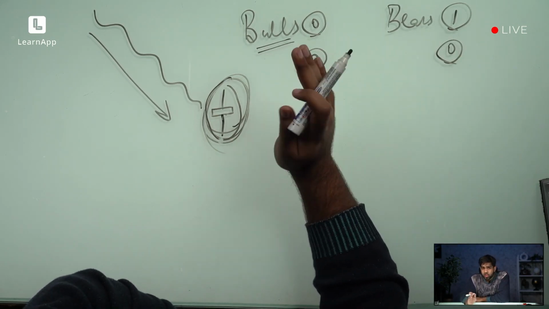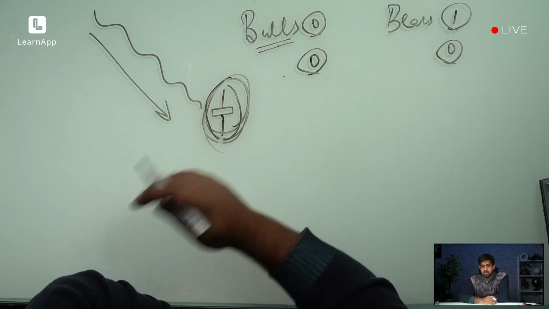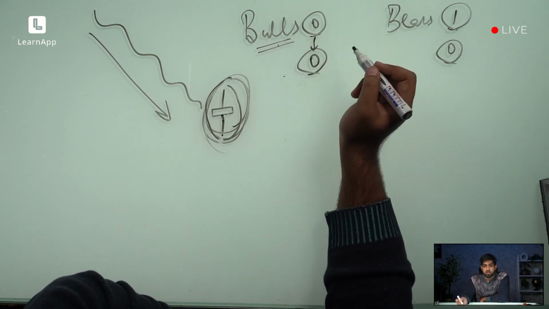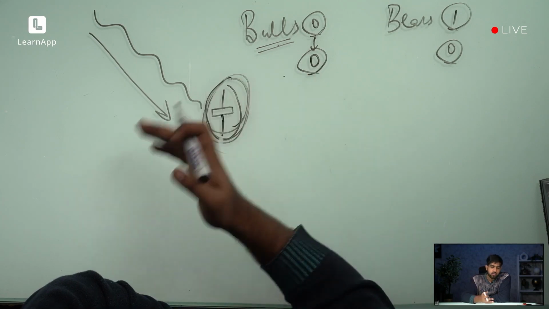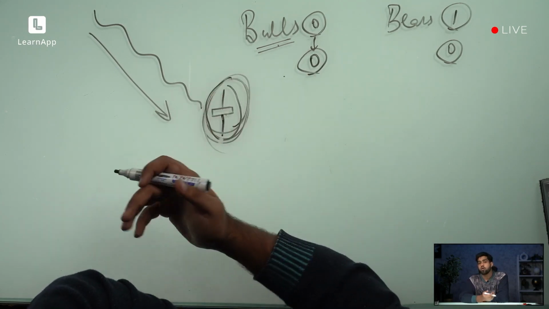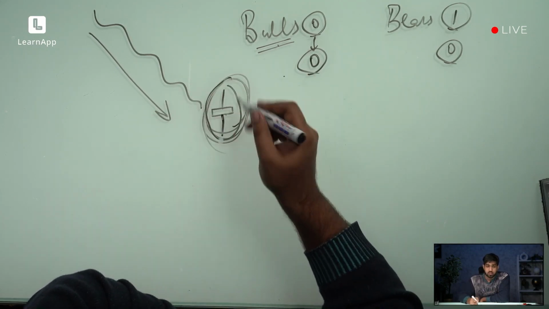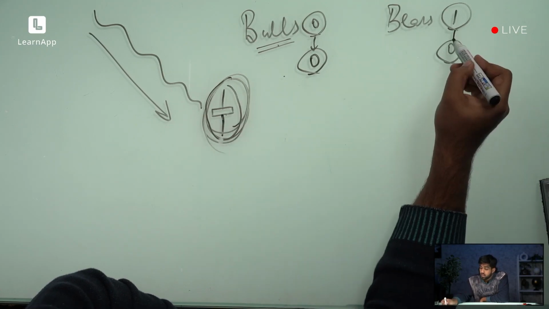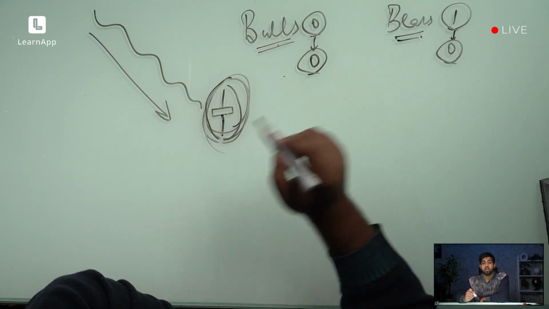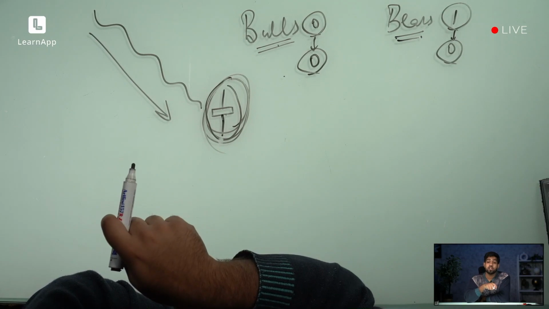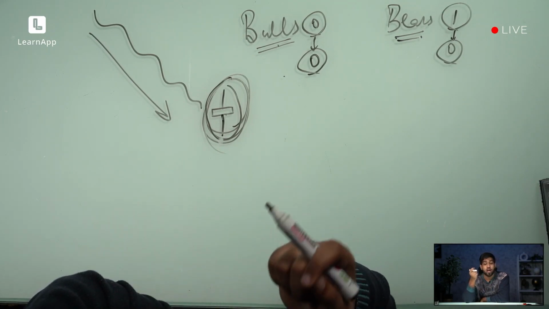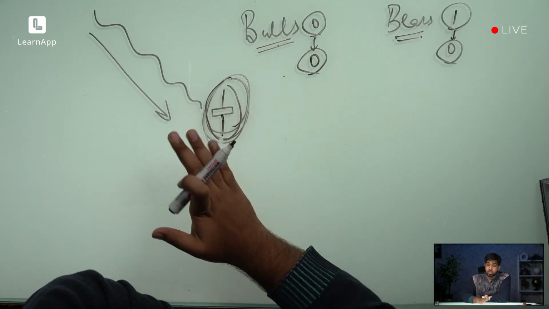Is there any change in the momentum of bulls? No, right? Earlier they were not having any momentum. Even now they are not having any momentum in this candlestick particularly. But there is a loss of momentum in the bearish strength. So the loss of bearish strength could be an indication of an upcoming bullish strength, but which is not